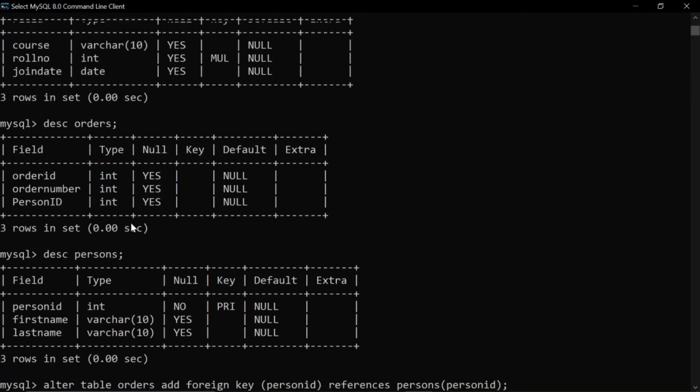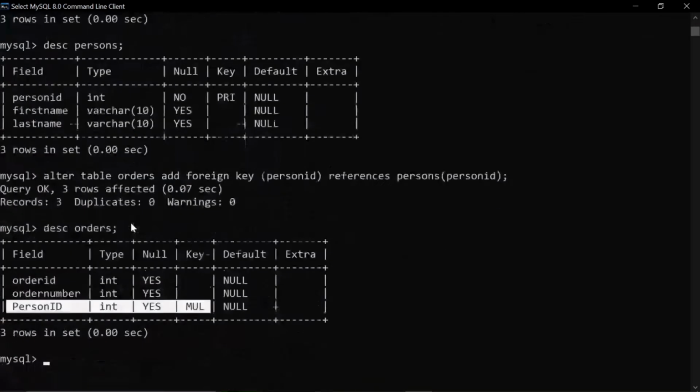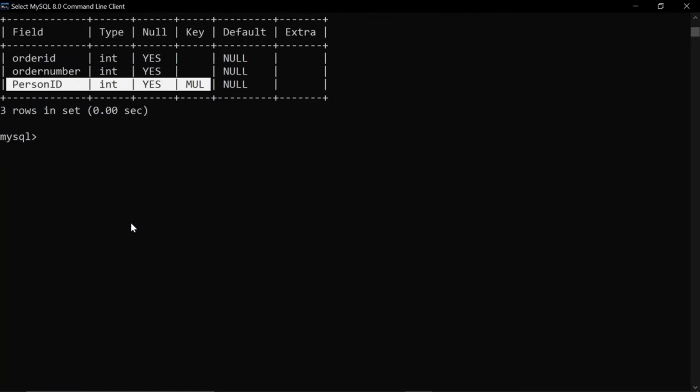Now we have seen that for the primary key there are two methods of giving it with the create command, but for the foreign key there is only one method, that is after writing all the names of the columns, foreign key, the name of the column, references to the table and its column. The other method is not used for the foreign key. So this is how the foreign key and the primary key are allotted.